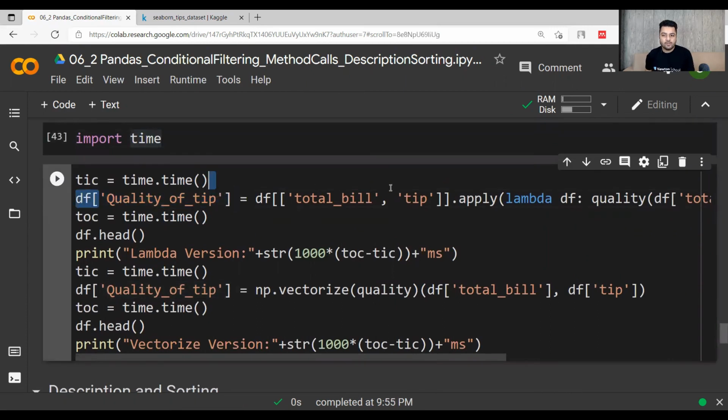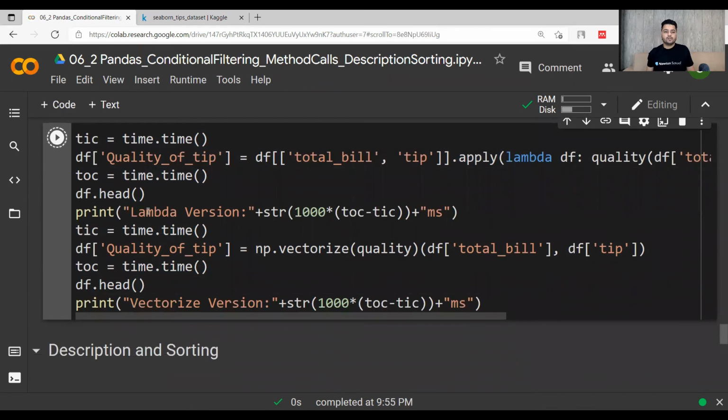This lambda function is being passed here, and these are the timestamps before and after the function that is being run. The same has been done for the vectorize technique. So these two are being compared for how much time they take.